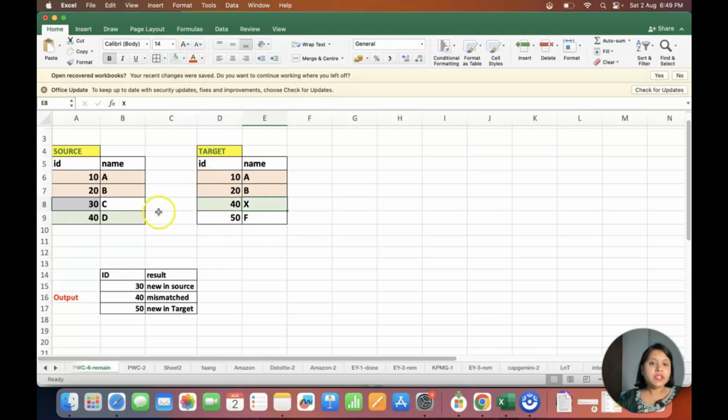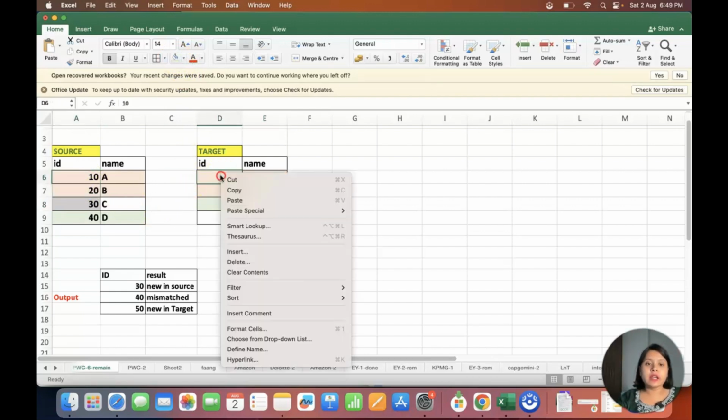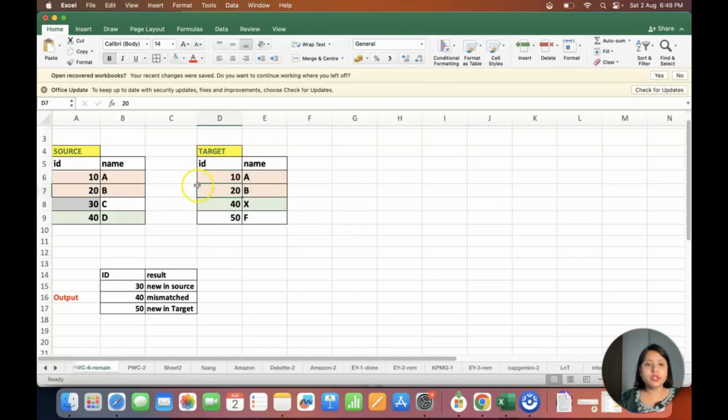So what we see here is the source has some data and the target has some data. If it matches, it's good. But if you are getting some data in the source which is not in the target, in a real-time scenario, you have to figure out those rows which are in the source but not in the target, and put them into your target. And if some rows have different data, you need to update that in your target table, right?